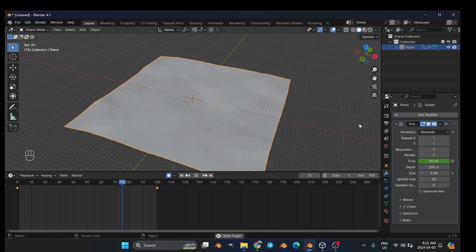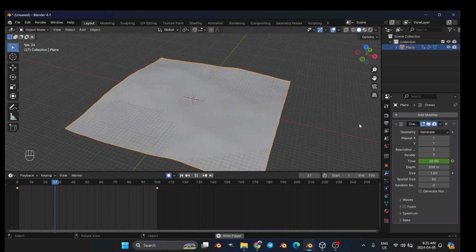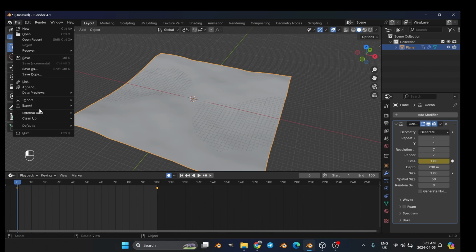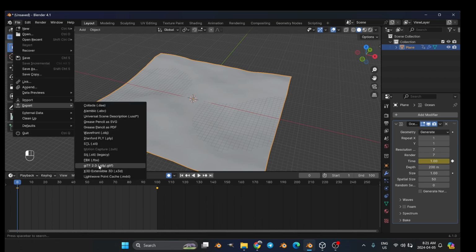We could render this right now. We'd have to add a material. But if we export this, this does not export the way that you would think it would. So let's just take a look here. I'm going to export this. We've done this a few times. So export as a